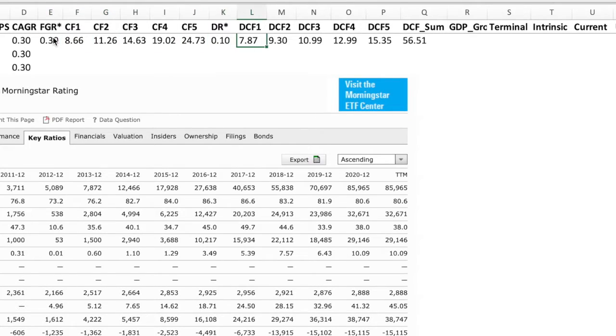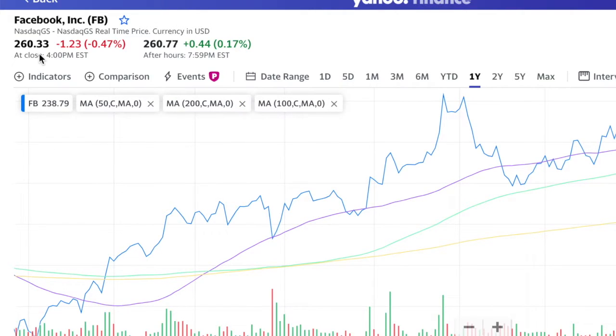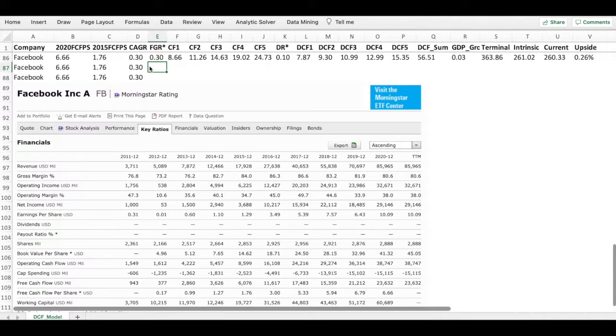we're going to use a 10% discount rate, 3% GDP. The stock is currently trading at $260.33. This gives an upside of 0.26%. That's not very much. However, if you are bullish on Facebook, which I am, I think that they're going to